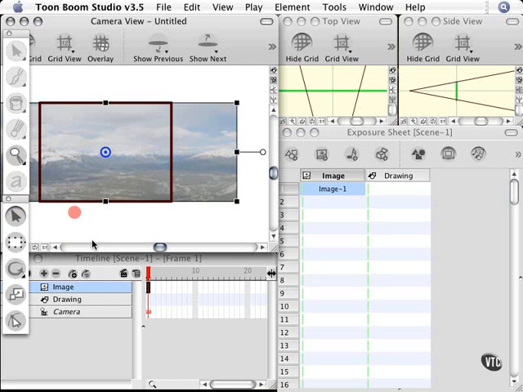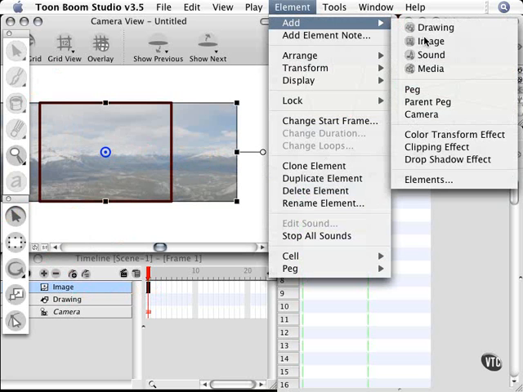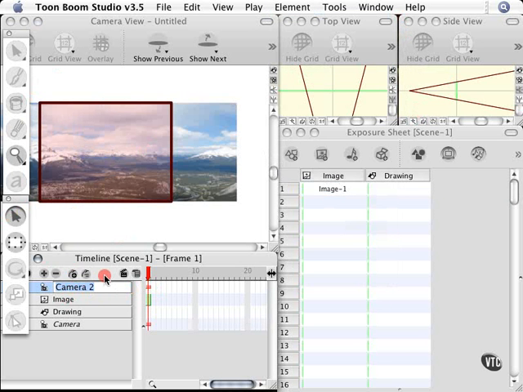So, alright, what I'm going to do now is I'm going to create a new camera so we can do this. So, I'm going to go to my element menu here. I'm going to choose Add Camera. And I'm going to double click to rename this camera Pan. And what we're going to do at this point is we're going to attach a peg to this camera, but